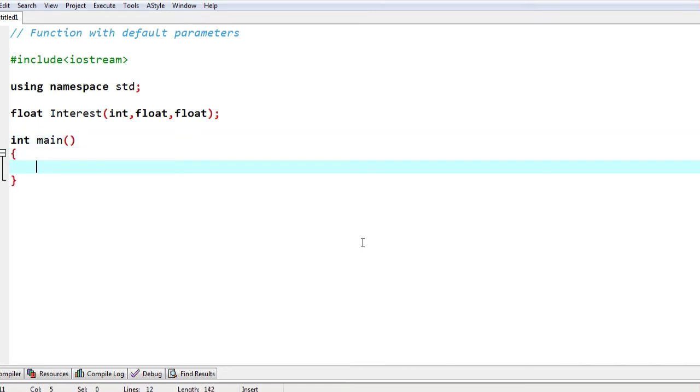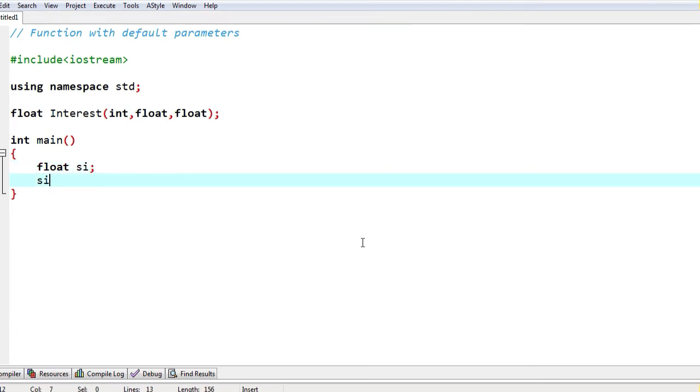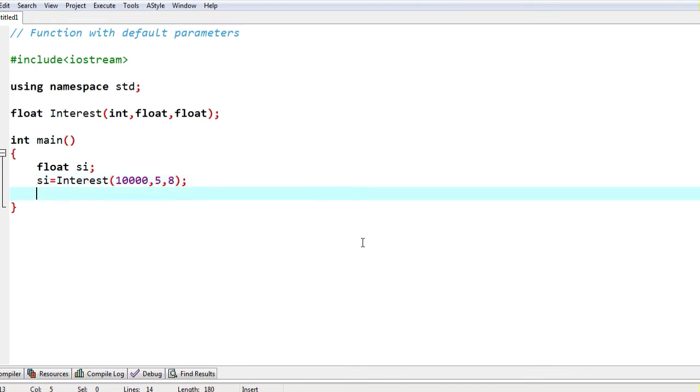where I am storing a variable float si. Okay, I will call this function interest with three parameters. One is 10,000 and then 5 years, and 8 as a rate of interest. Okay, now let me print this.